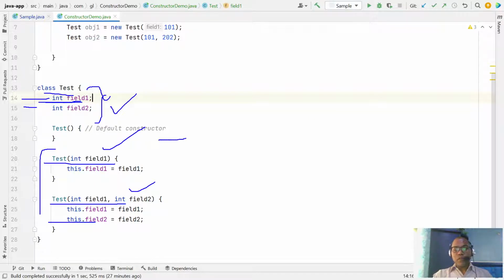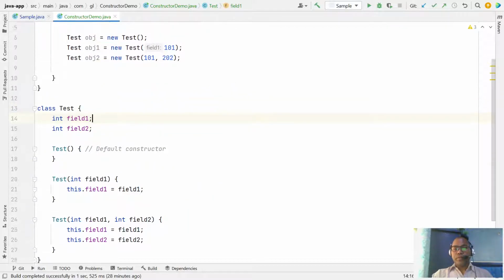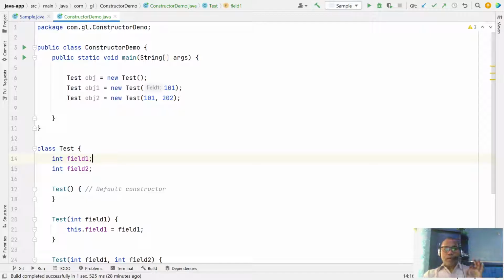But note, whenever the user defines any kind of constructor inside a class, the compiler does not generate the default constructor. So it is the developer's responsibility to also write the default, no-argument constructor. So this is one part about your class constructor.